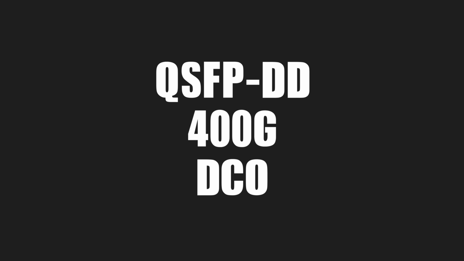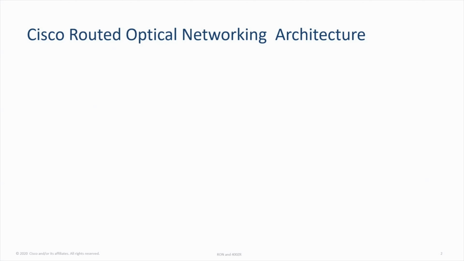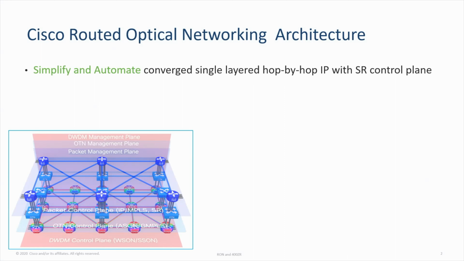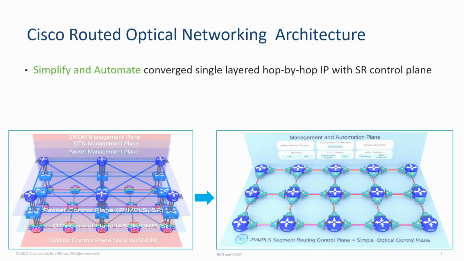My name is Vincent. In IOS XR 7.3.1, we are introducing 400G DCO in QSFP-DD pluggable form factor. 400G DCO is a key component of the Cisco routed optical networking architecture. The Cisco routed optical networking architecture is about simplification and automation. It converges multiple planes of optical, TDM, and packet layer into a single hop-by-hop IP layer with segment routing control